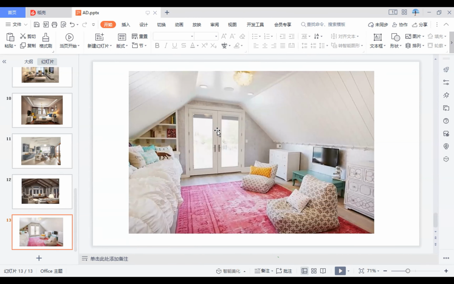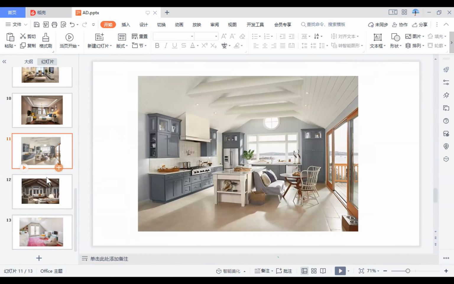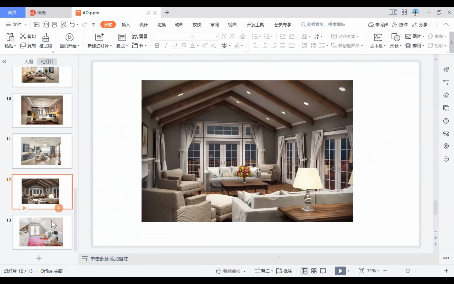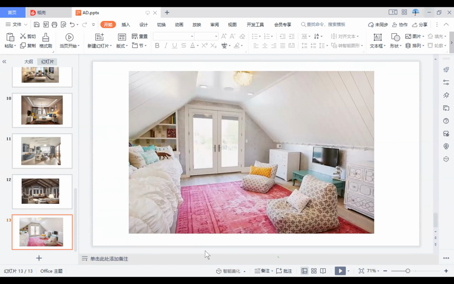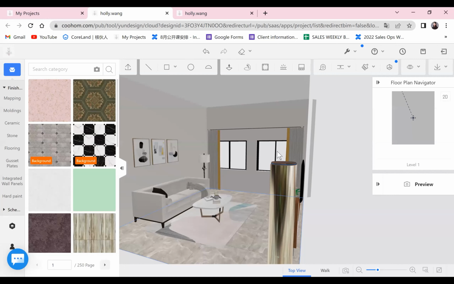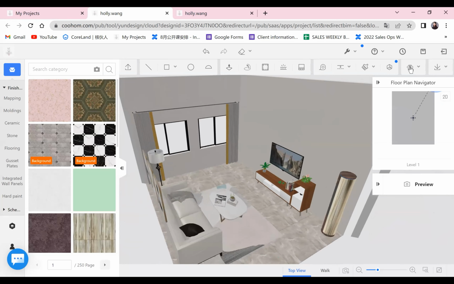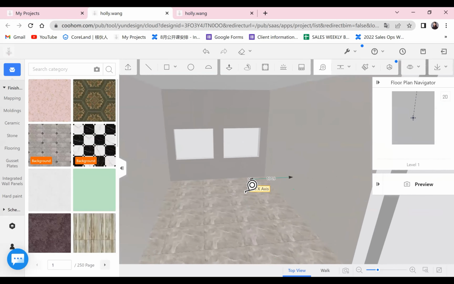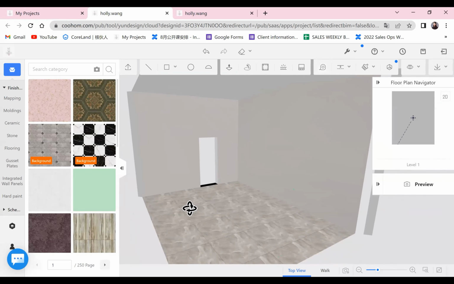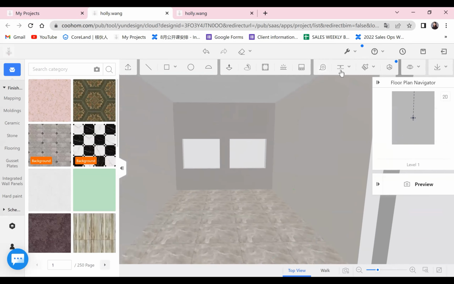All right, so let's try to make the last one. This is also the same method we use for numbers 3 and number 4. For this one, let me hide the furniture first. We will also use the guideline to help you decide how big you want the ceiling to be, 800.